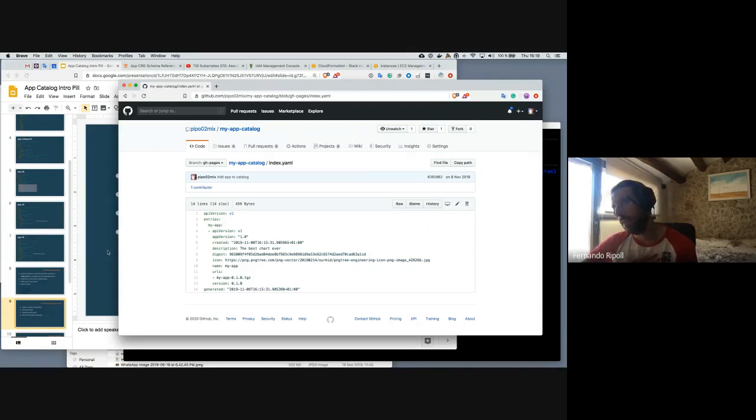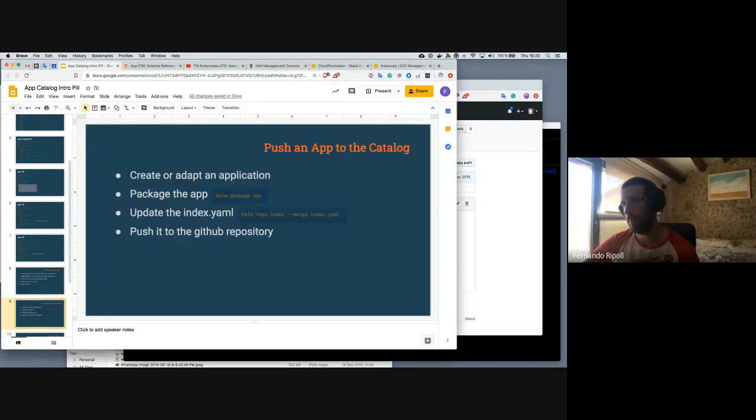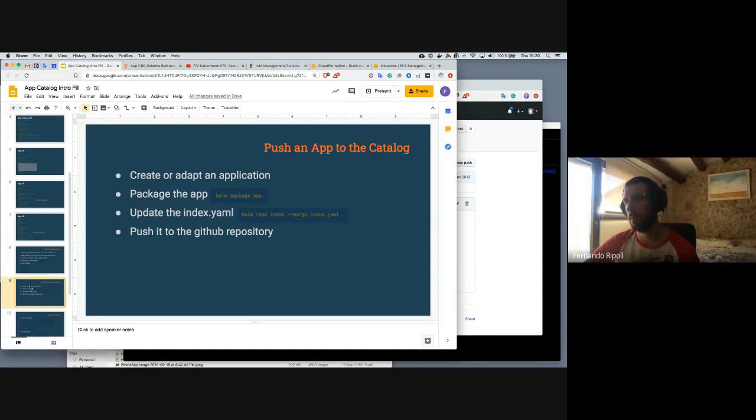Then you can update it here, and then you have your application in the catalog already. In Giant Swarm, we have everything automated thanks to Architect and CircleCI. So every time one of our managed apps has an update, we run different steps and we generate this index YAML updated in our different repositories, and it's automatically available to the customers. But it can be done for your own if you want to play, and then you can run your own app catalog